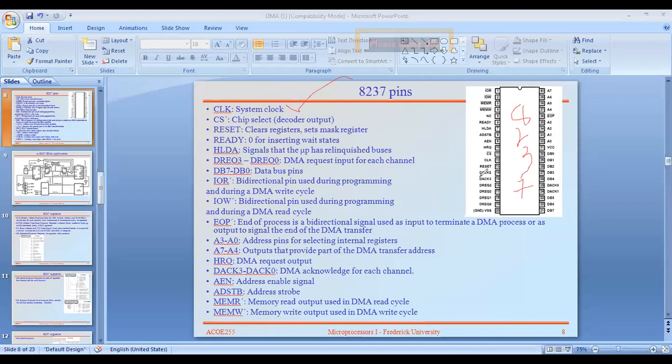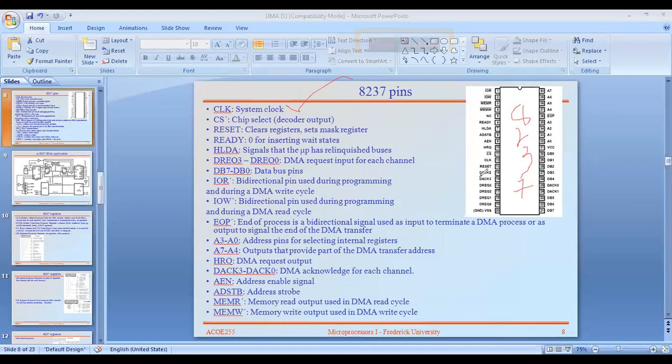And the next one is CS, chip select. Why? Because a processor or controller contains many peripherals or IO devices, just like the 8237, 8259, 8251, 8255, 8275. These are the number of peripherals. All those peripherals are connected to the CPU, and only then is it able to work with the external environment.